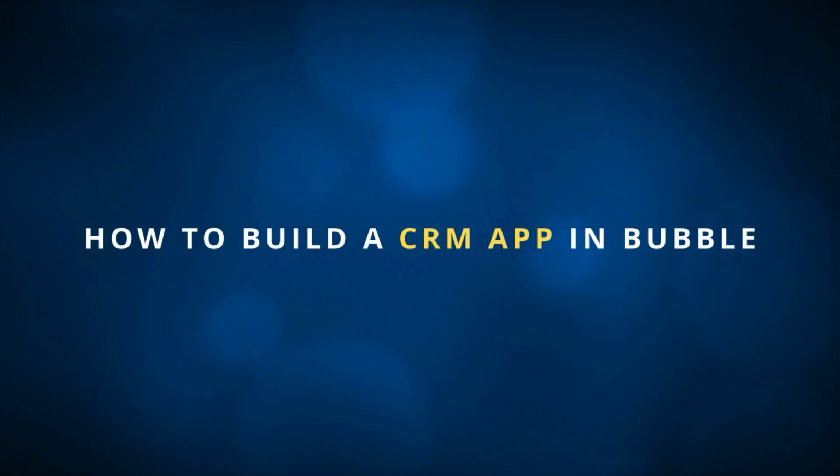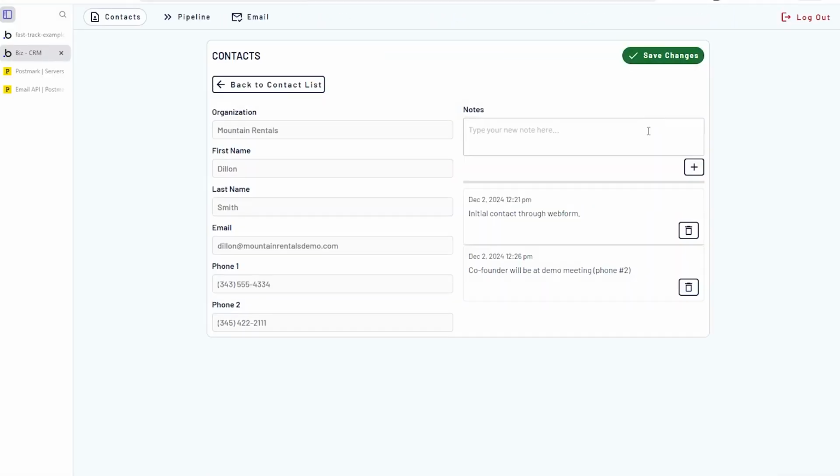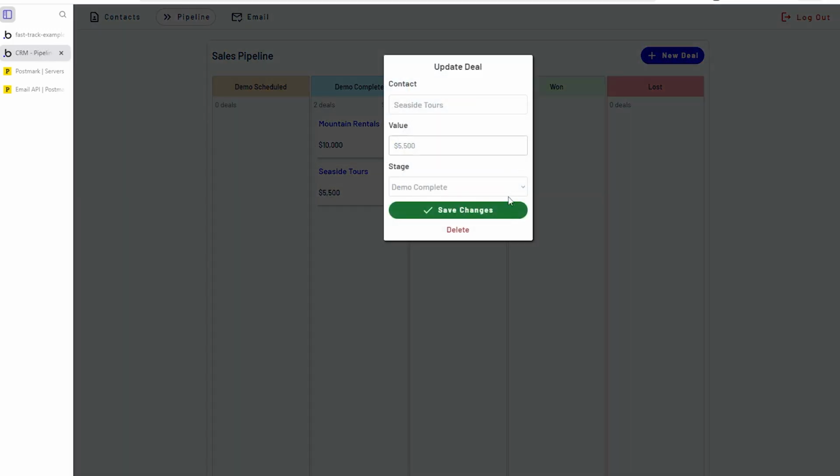In this video, you're going to learn how to build a CRM app in Bubble completely without code. Follow along as I walk you through how to set up the database structure, design the front-end pages, and hook up all the workflows so that you have a functional and scalable CRM that you can customize to fit your